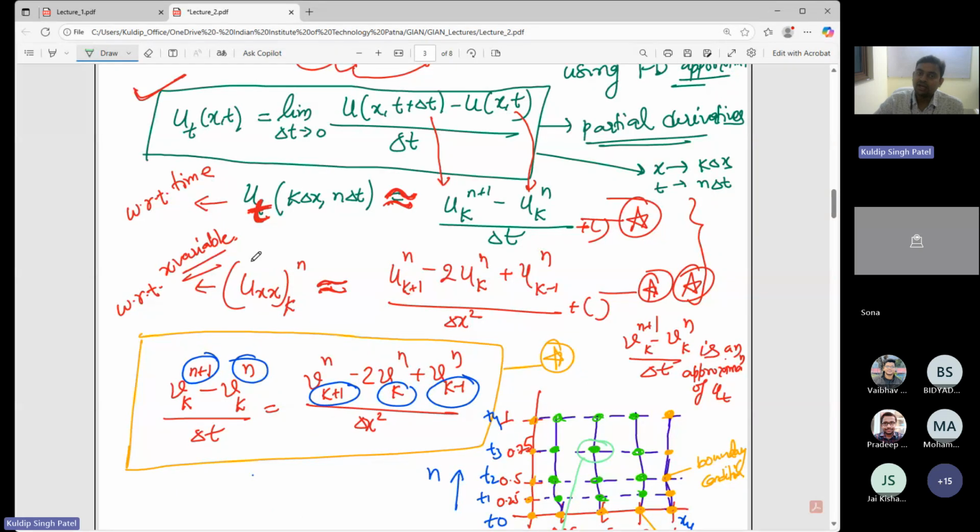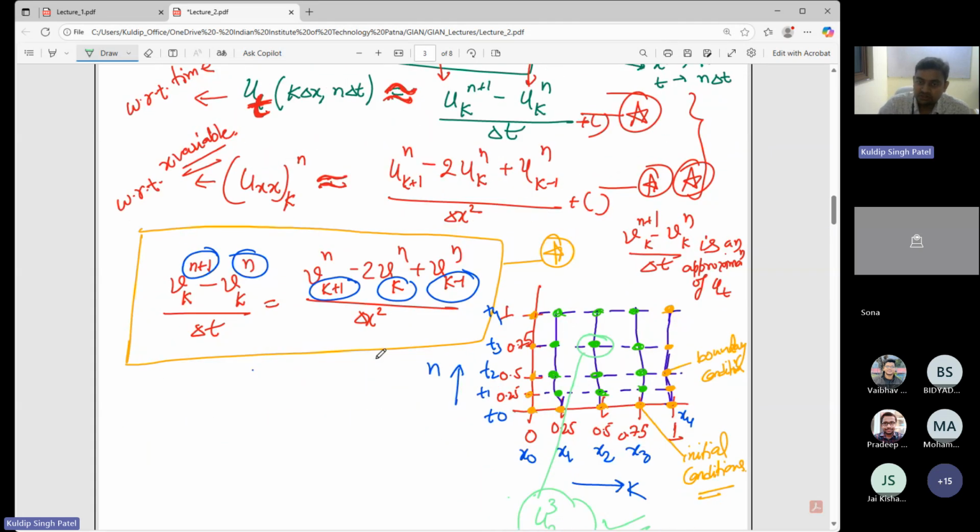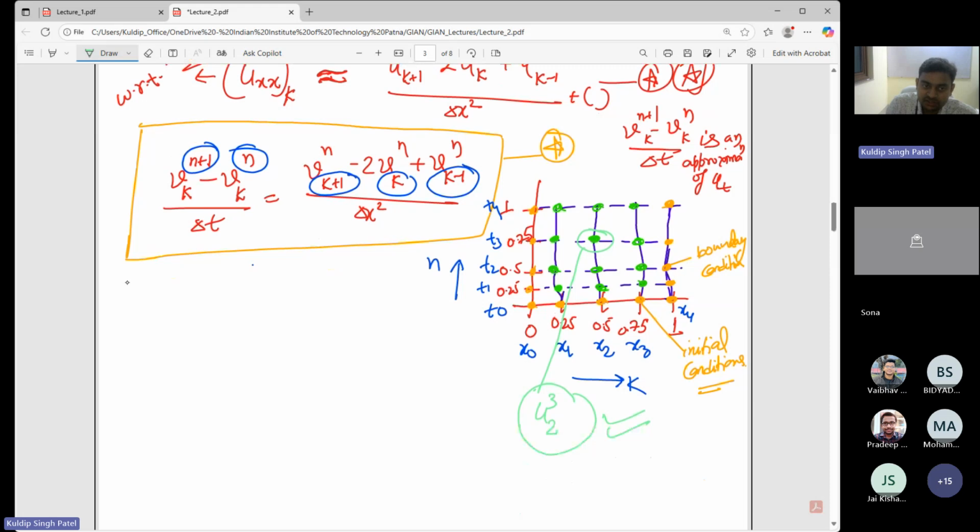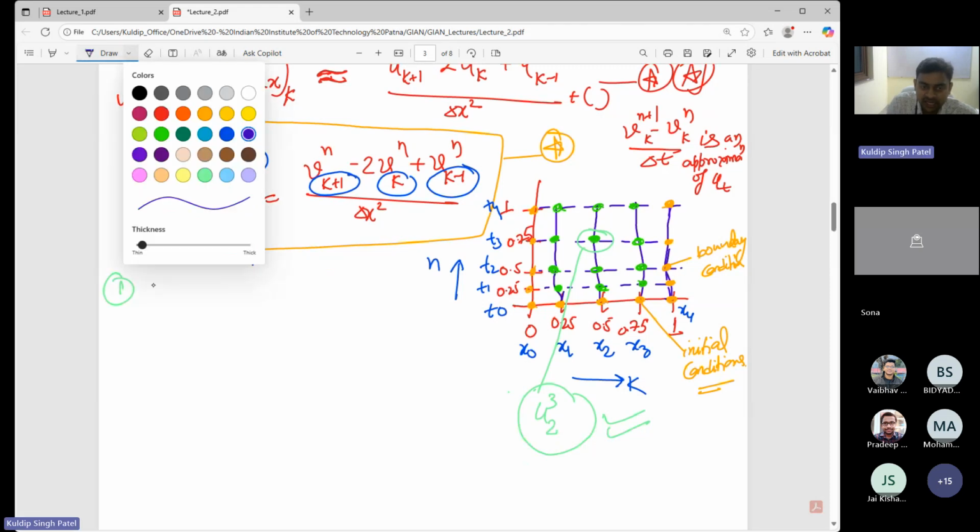Then we defined the derivative with respect to time and with respect to x. We can derive these using Taylor series approximation, but since we don't have that much time, we are not going into it. These star and double star formulas you can find in any book using Taylor series approximations. Now let me define the steps. First, what we did, we write